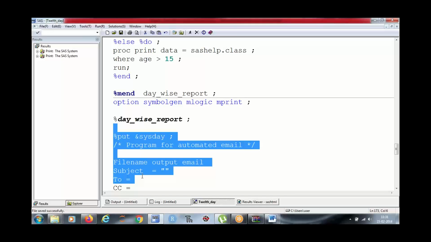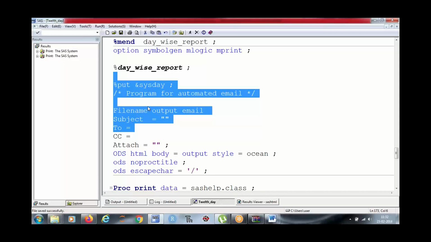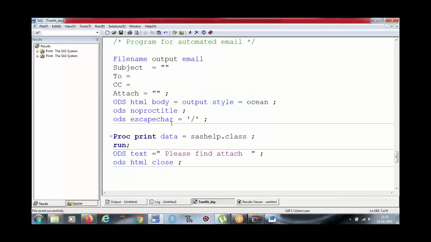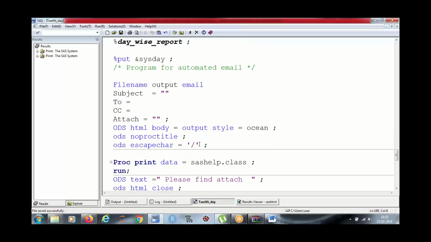You remember that I told you about the output delivery system, where we can write a program's output to a particular location. Similarly, you can write the output of a program into an email, and that email could be automatically triggered by your program by pasting your data or attaching your file. This is a program which I will share with you, with file name, output, email,